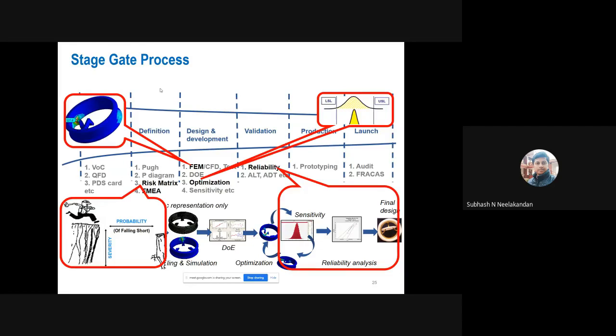To show a schematic representation again of the tools which we discussed in the waterfall process and where they come in the stage gate: design and development modeling activities come within gate 3. Optimization, sensitivity, and distribution studies again come to stage gate 3 or design and development. Probability and severity and subsequent studies will come to gate 2. And the reliability testing and lifing activities come to the validation stage. So this is a brief overview of the stage gate process.